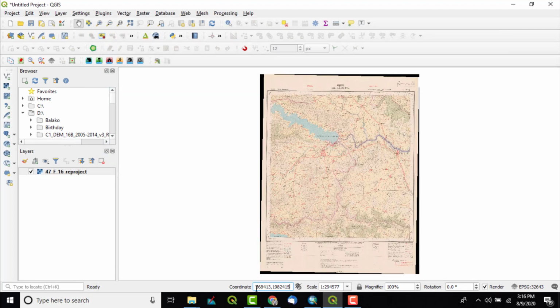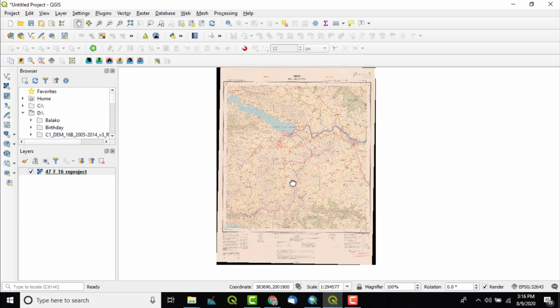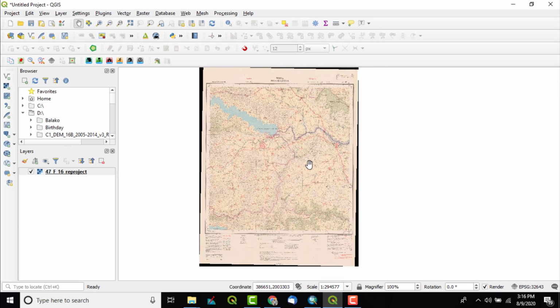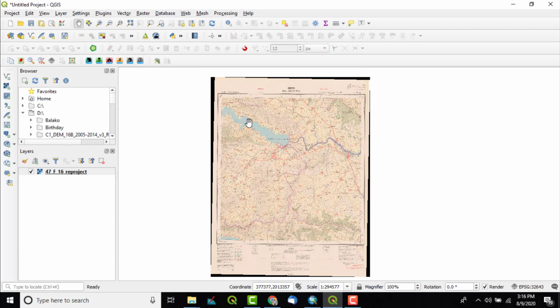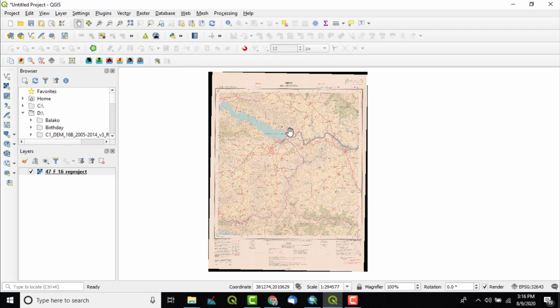You can see now the coordinates are in the projected coordinate system, projected coordinates which are in meters by default in the UTM coordinate system. This way we can simply change the coordinate system of a raster file from a geographic projection to a projected coordinate system.